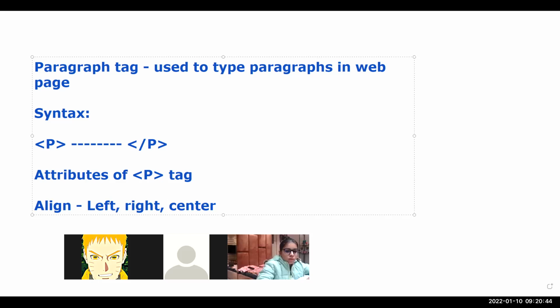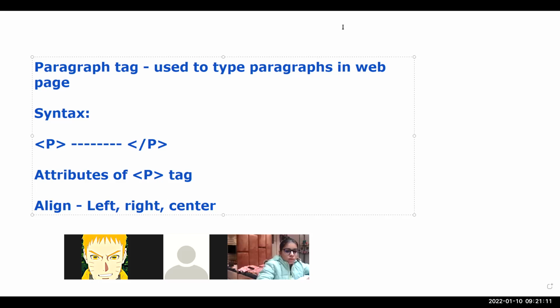P tag also leaves a blank line after each paragraph. Any text containing more than a few lines should be given inside the paragraph tags. The P tag offers a way to structure the text into different paragraphs. Each paragraph text should be given within the opening P tag and the closing P tag.